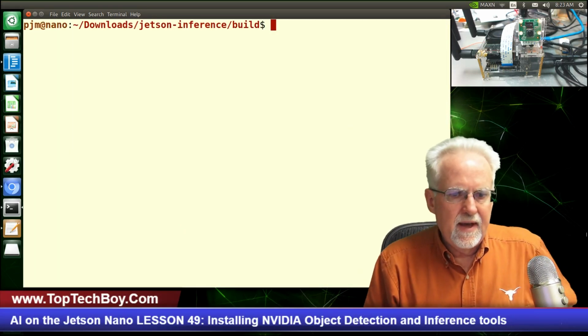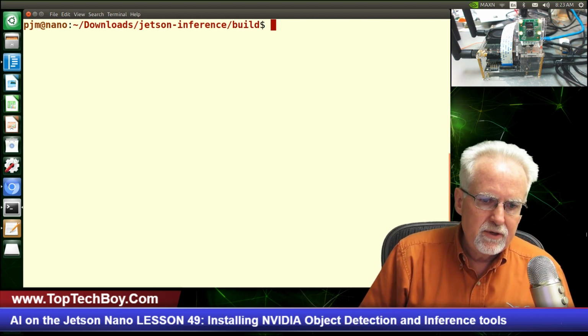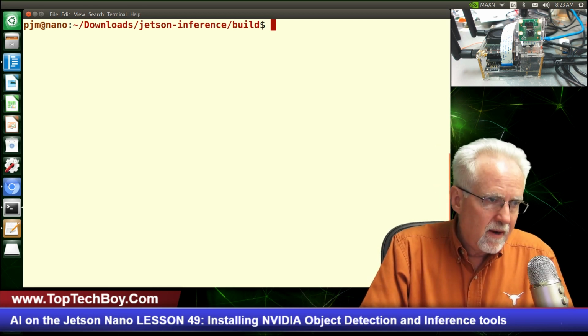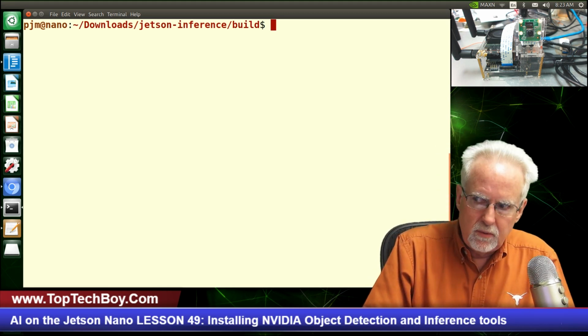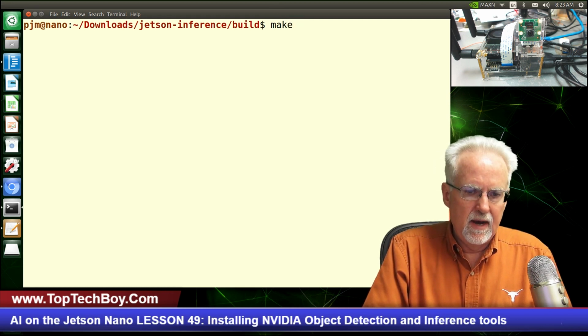And it looks like that installed everything without trouble. And so I do believe that we had just done the cmake command. And so now after cmake, we need to do make. So we will do make and then